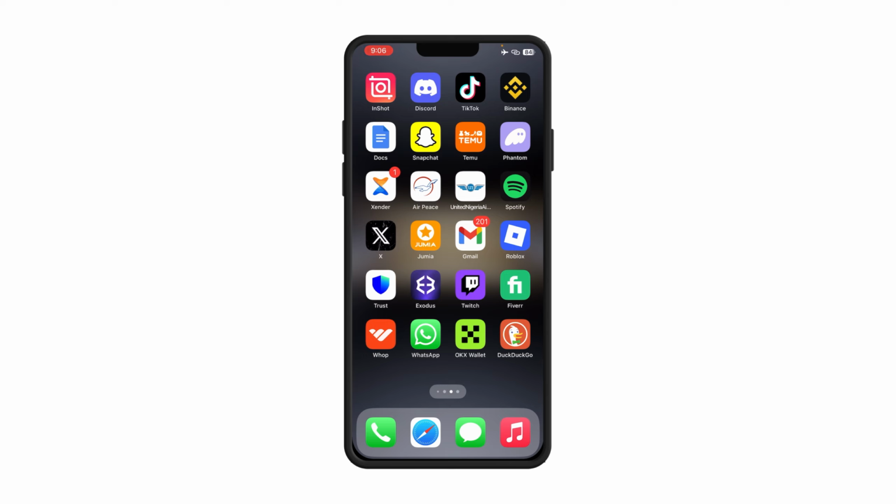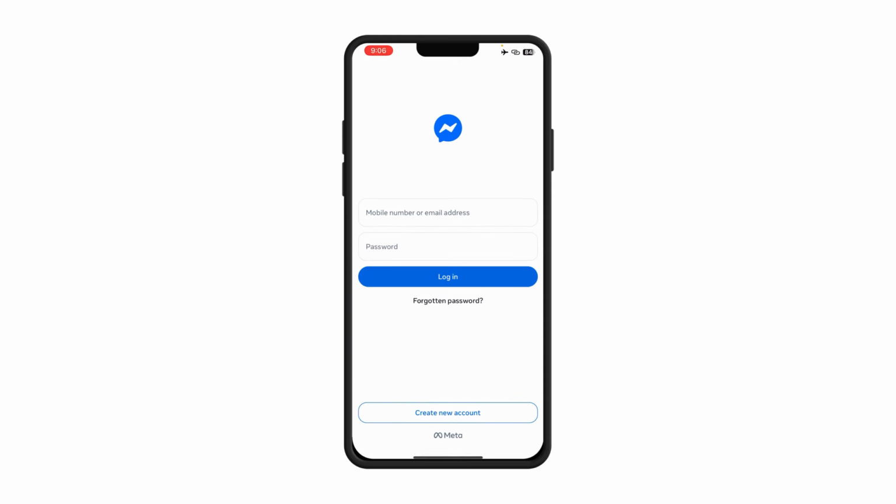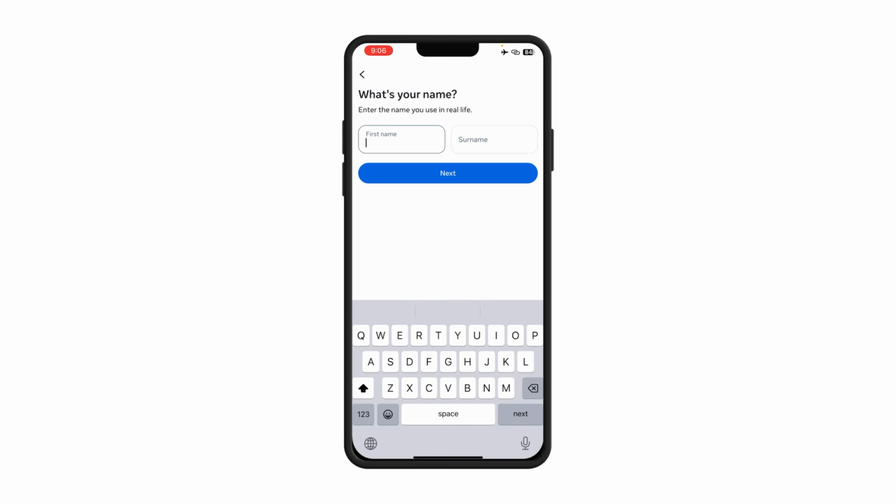We are currently using our iPhone, so I'm going to just go to the app. I'm going to open it. I'm going to click on create account. So we're going to click on create new account. So I'm going to be able to enter the required details. So let me say tutorial